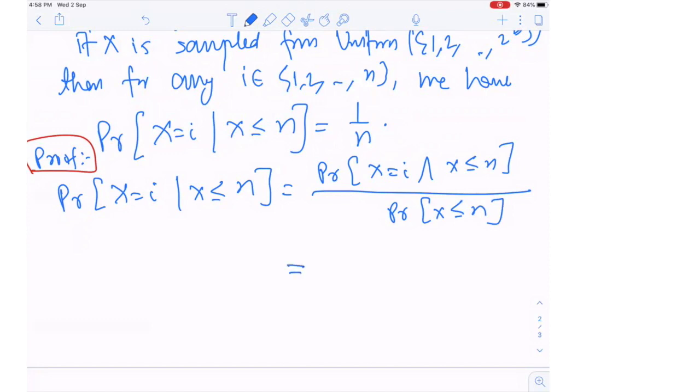But what is this? The event x is I and x is less than or equal to n is the same as the event x equals I. What is the probability x equals I? Well, it is 1 over